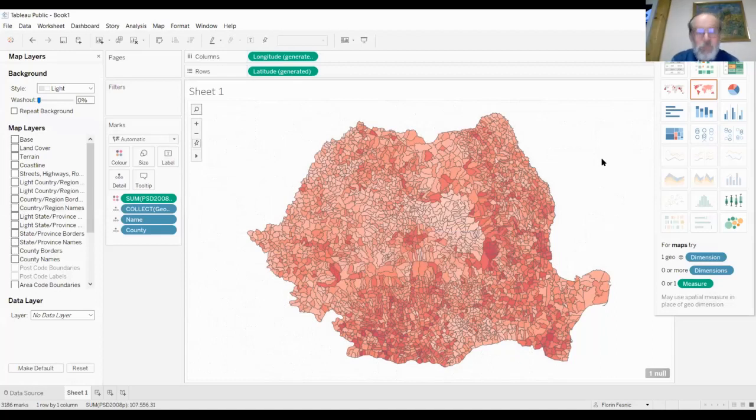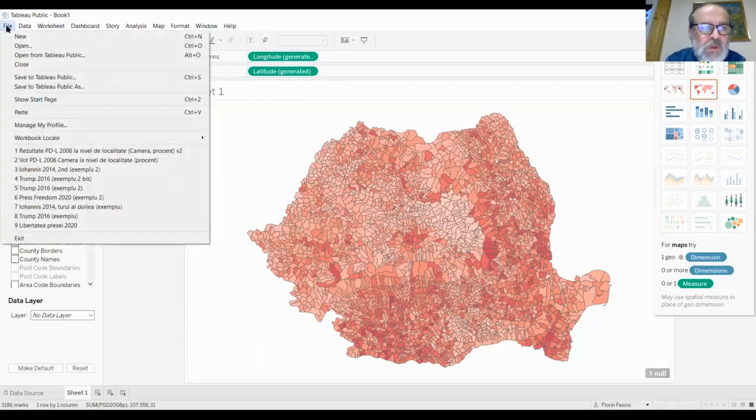And if we do that, we get only the map itself, without neighbors and anything else. And now finally, I want to save our work.